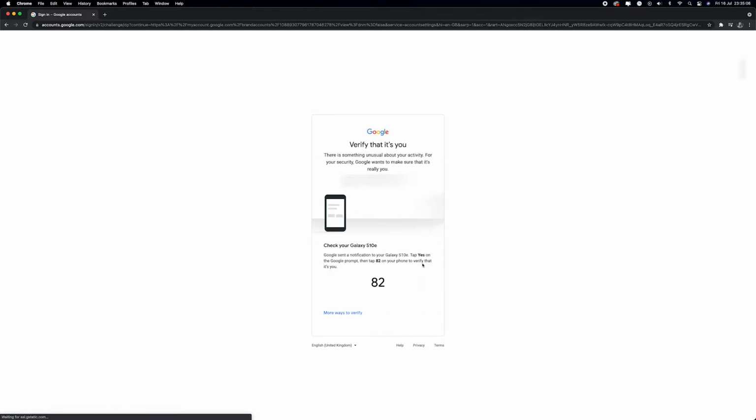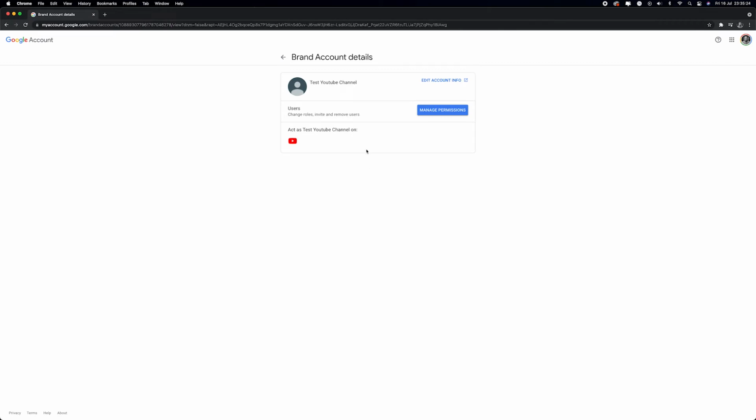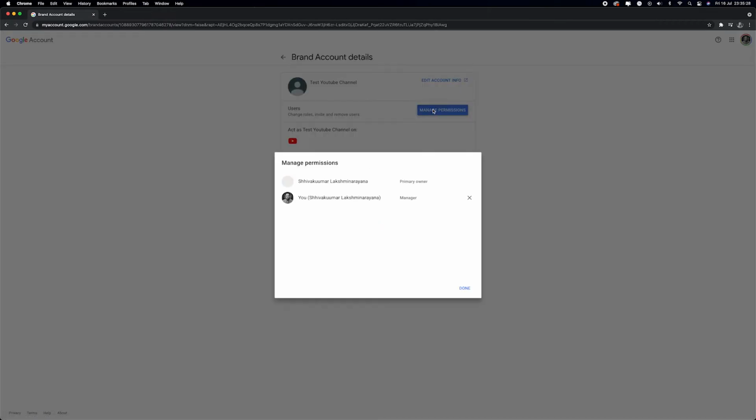Again, here it will ask you to verify that it's you who is doing this action. So once you have confirmed it on your phone, you can see that it's back to the brand account details page. I click on manage permission.